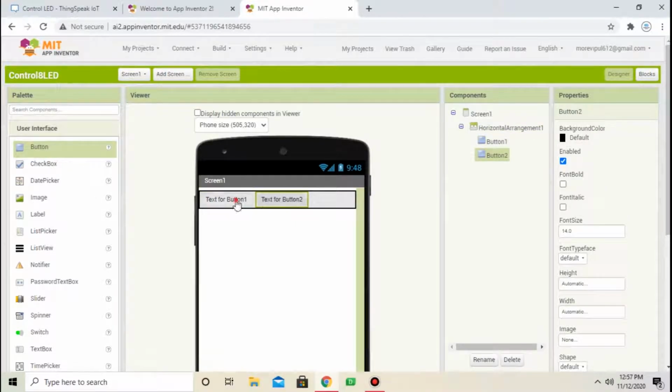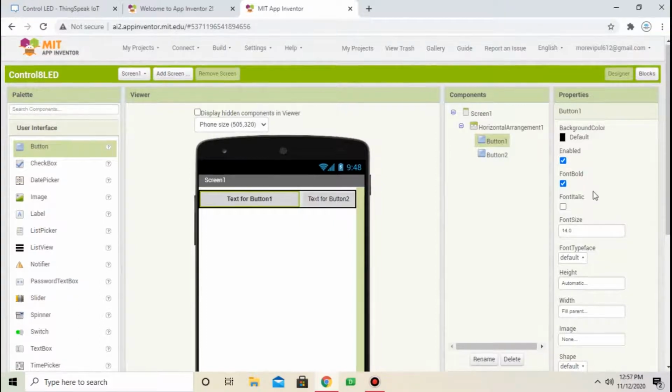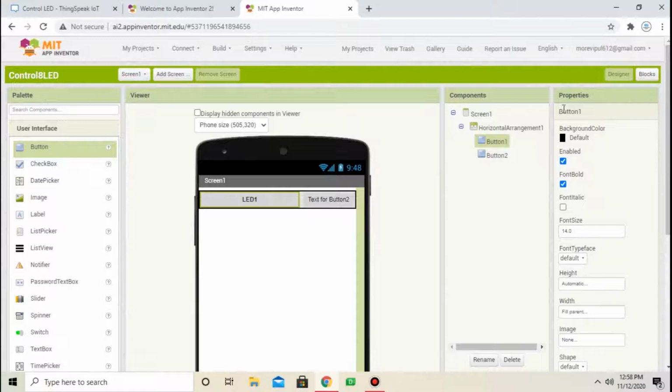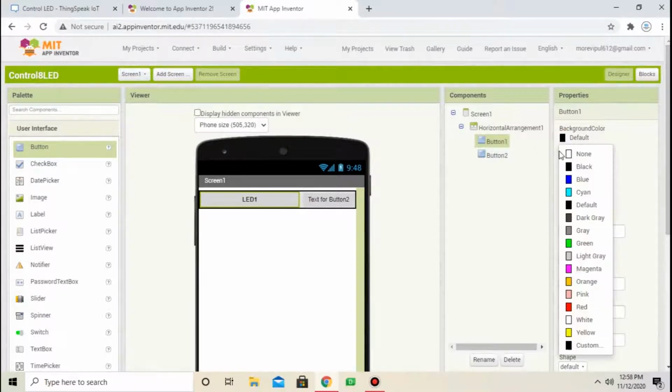Select button 1, change settings, width, fill parent, press OK. Change text to bold. Change text to LED 1. Change background color. Change background color to green.